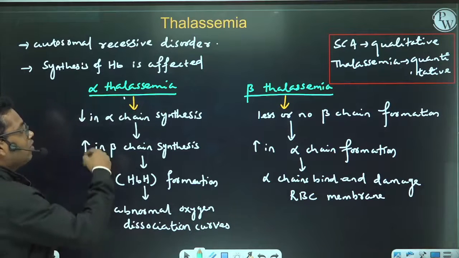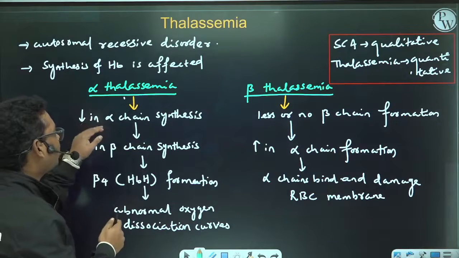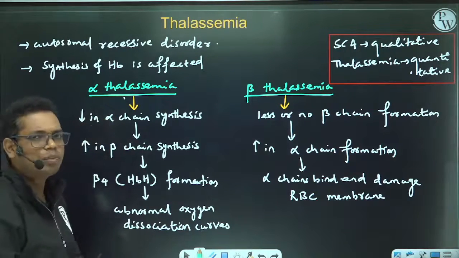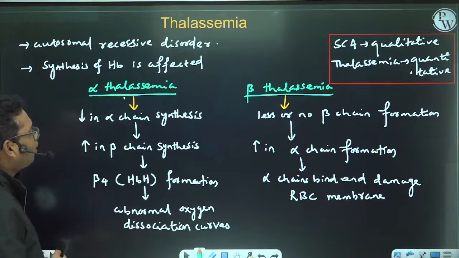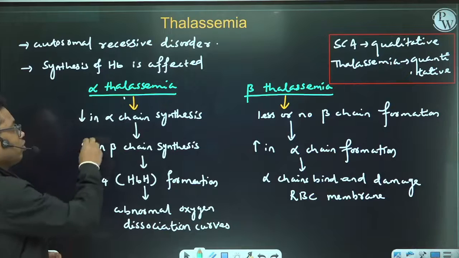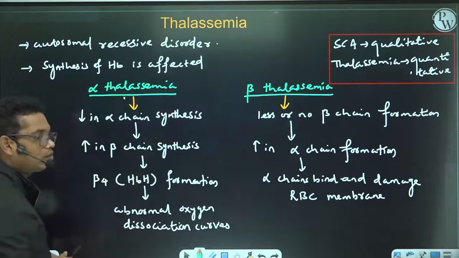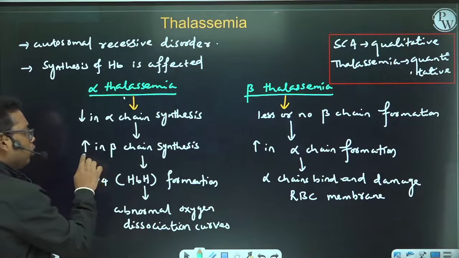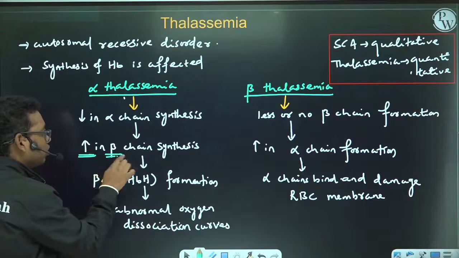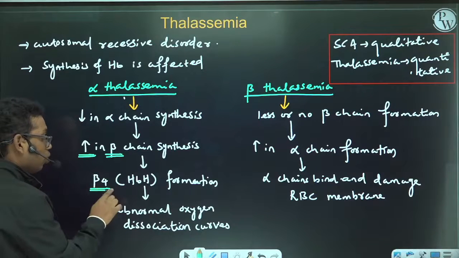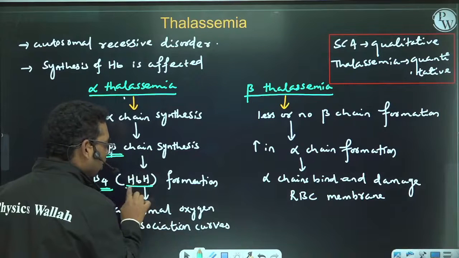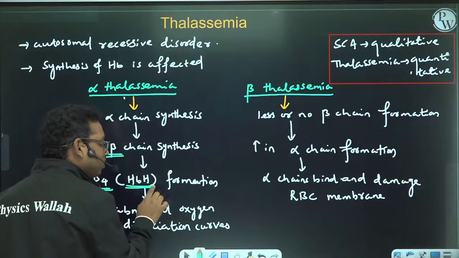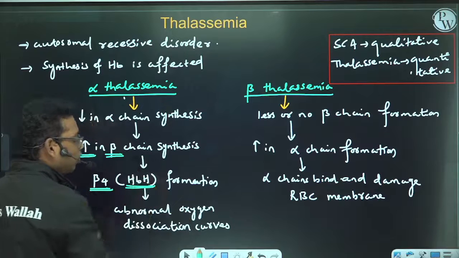If the alpha chain synthesis is affected, it is alpha thalassemia. If the beta chain synthesis is affected, that is beta thalassemia. And in case of alpha thalassemia, there is decrease or no synthesis of alpha chain. In that case, what happens? There will be increase in the beta chain synthesis, and beta 4 will be formed. And when beta 4 is formed, the hemoglobin formed is HbH, and that HbH shows an abnormal oxygen dissociation